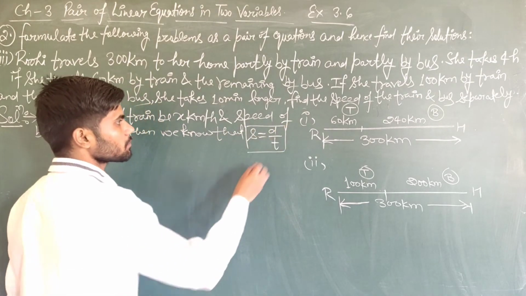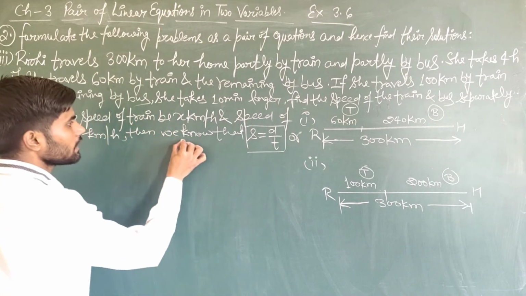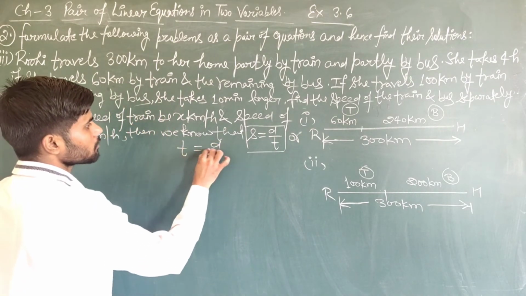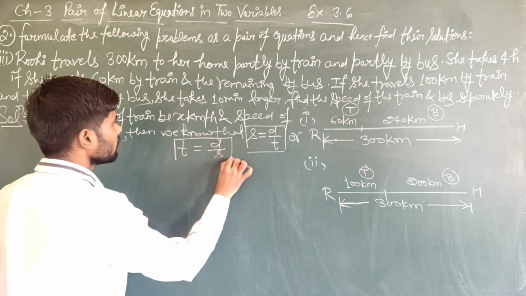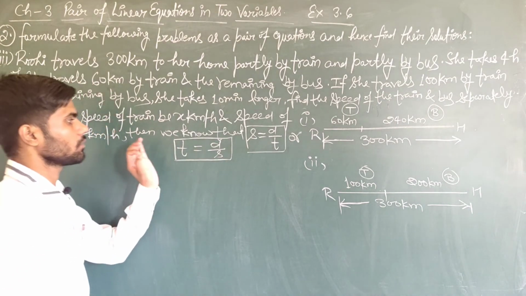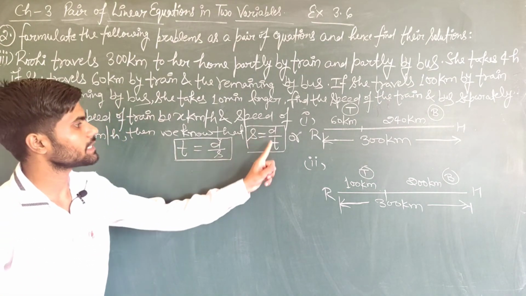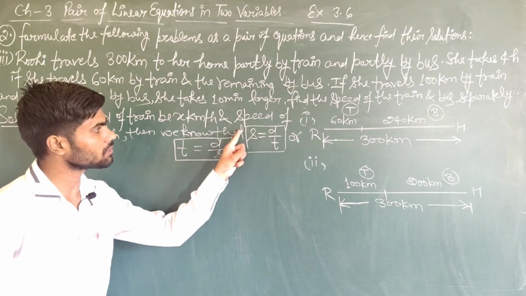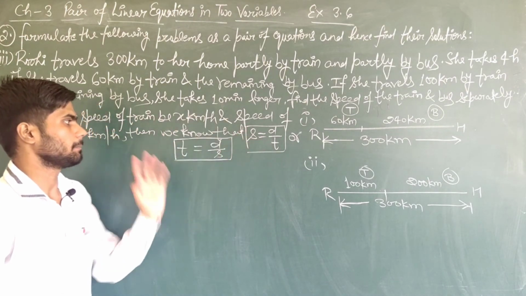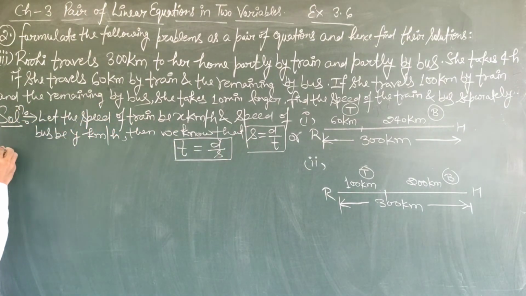Speed is equal to distance upon time, or we can write time is equal to distance upon speed. I hope you have no problem in this formula. In the first condition,